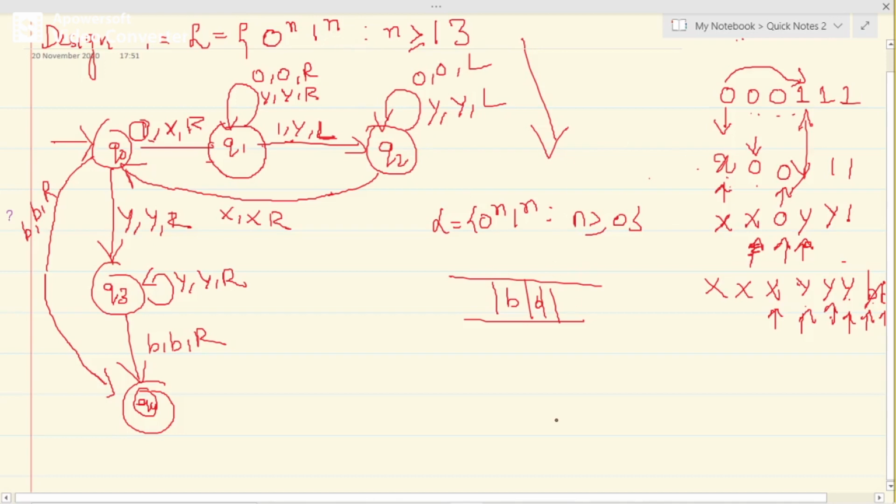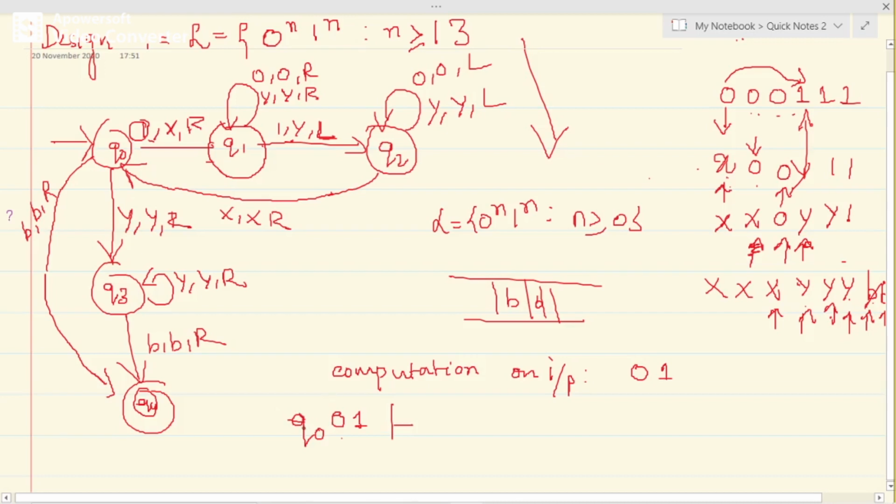So let us now see the computation on input. Let me take a simple example, 01. Let me start from the starting state, Q0, followed by the input.